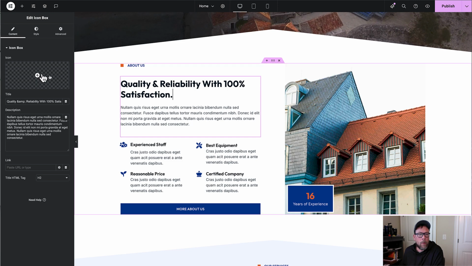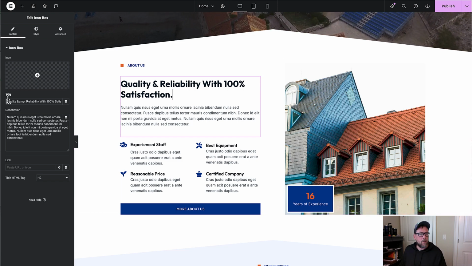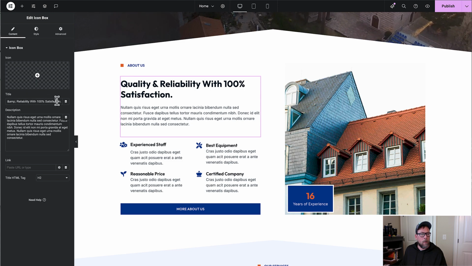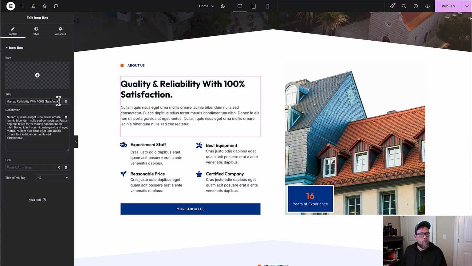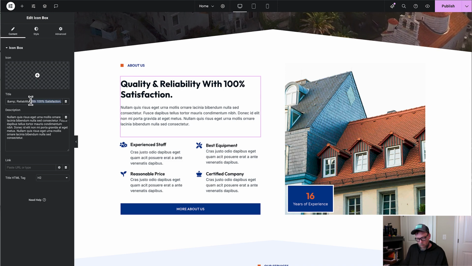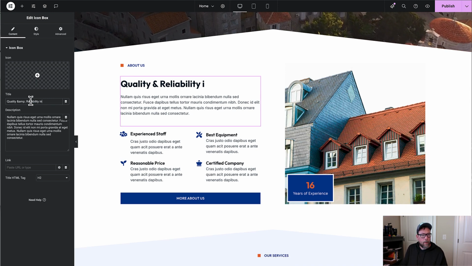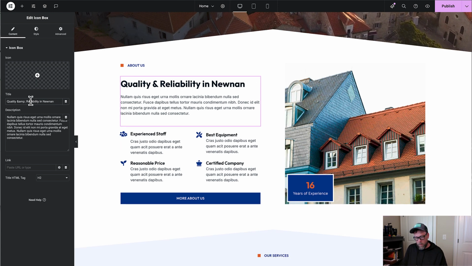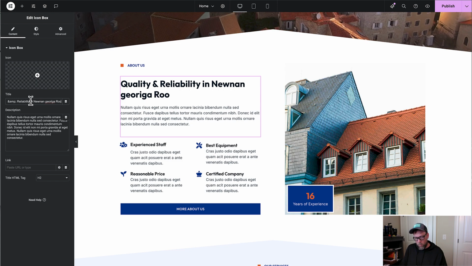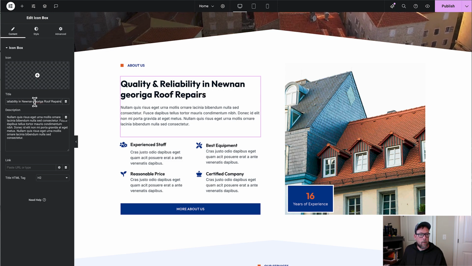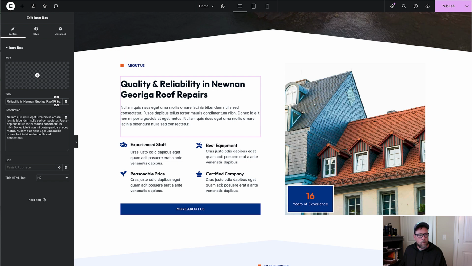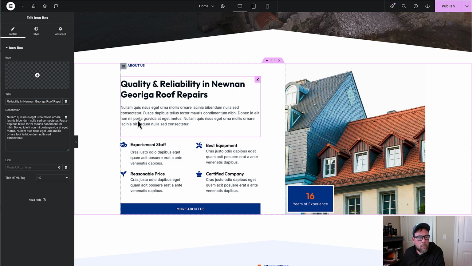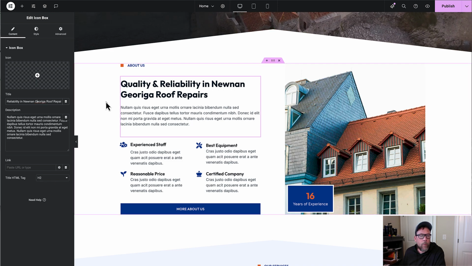So quality, reliable. So if we change this to quality and reliability with 100% satisfaction, in Noonan, Georgia, roof repair. We add that in there. So you want to add some of these statements into your heading. So down here, the H2, you want to be able to add some of the